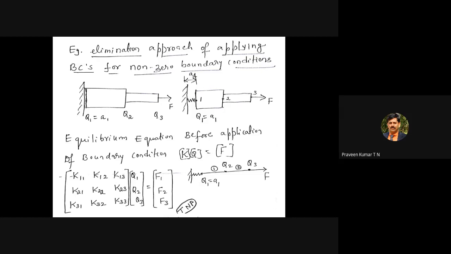Now the same example, Q1. Imagine it is connected to the wall with a nut and bolt or some riveted joint. Because of that, there is a small slackness. That's why it can move by a small amount, given by Q1. The displacement about this point is not 0. It is given by A1. If you consider the finite element method, you divide this into 2 elements, node 1 and node 2.